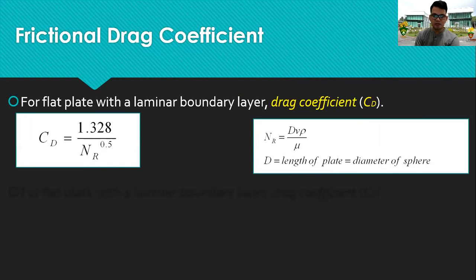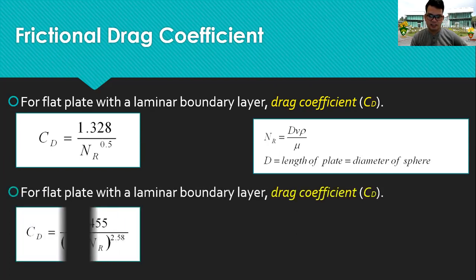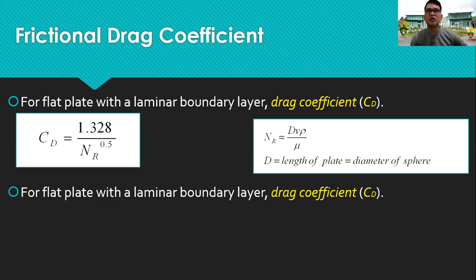NR is the Reynolds number, which can be computed as D V, the length of the plate, or the diameter of the plate or even the sphere, times the density of the air, divided by mu. So the mu is like a constant as well,